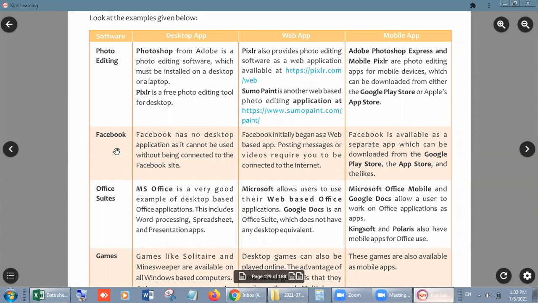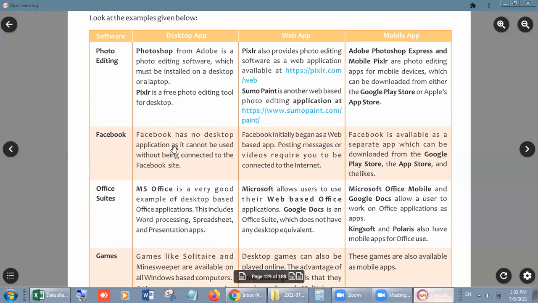Next is Facebook. Facebook has no desktop application, as it cannot be used without being connected to the Facebook site. Facebook initially began as a web-based application. Posting, messaging or videos require you to be connected to the internet.